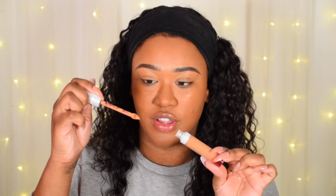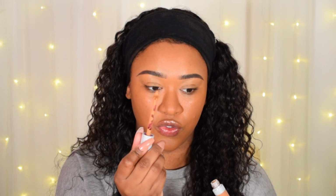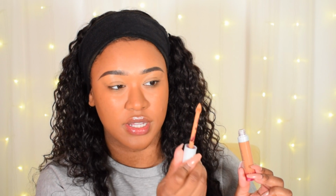Typically I do like a matte concealer because of course I have oily skin, but let's see. Hopefully it's not too hydrating and too slippy slidey. So this one is the same shade that I used in the foundation, and this is what the doe foot looks like. It does look to be like a very whipped type of thick consistency from what I can see